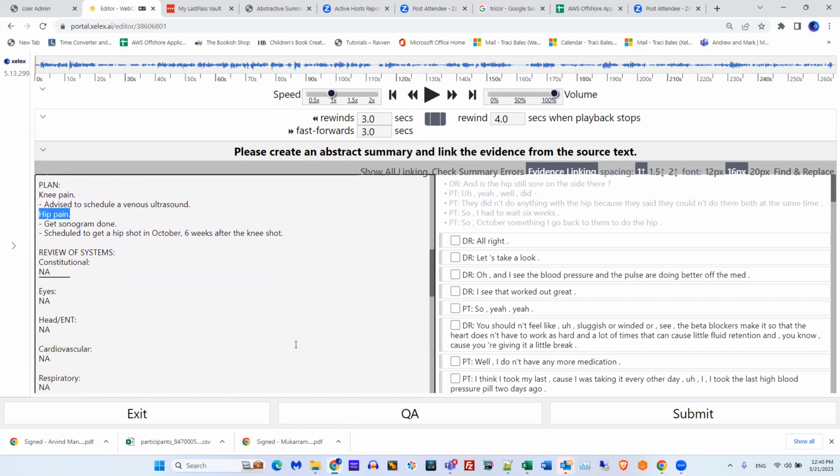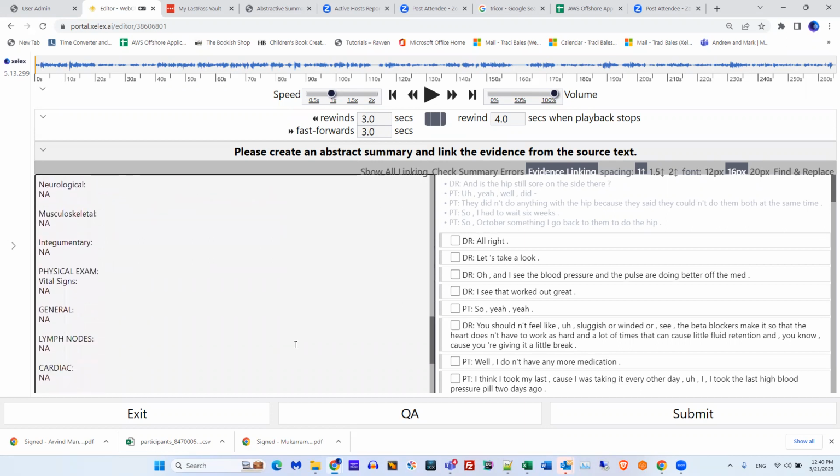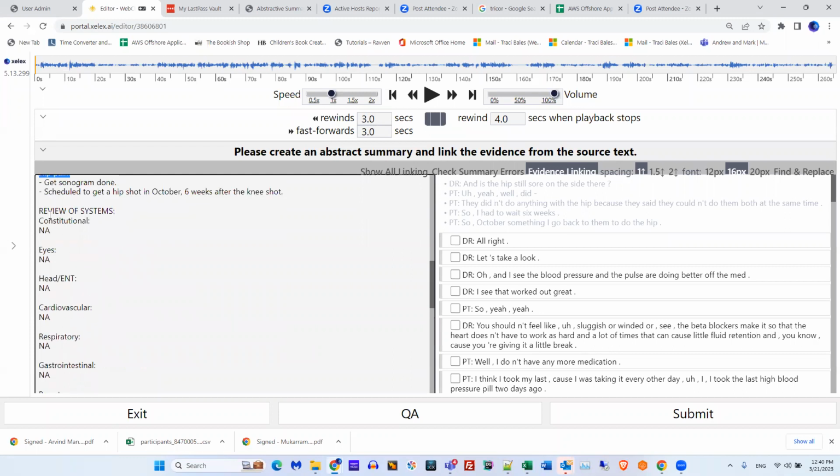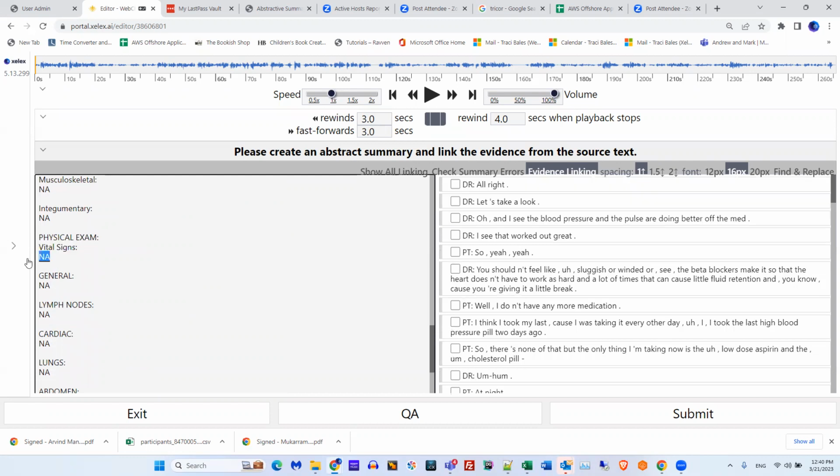And then I think on this one, we don't have any review of systems or physical exam. Now, if you have review of systems and physical exam, then you put them. If this person would have had a blood pressure, a pulse, and maybe a weight, then you would put all of those here and link the evidence.